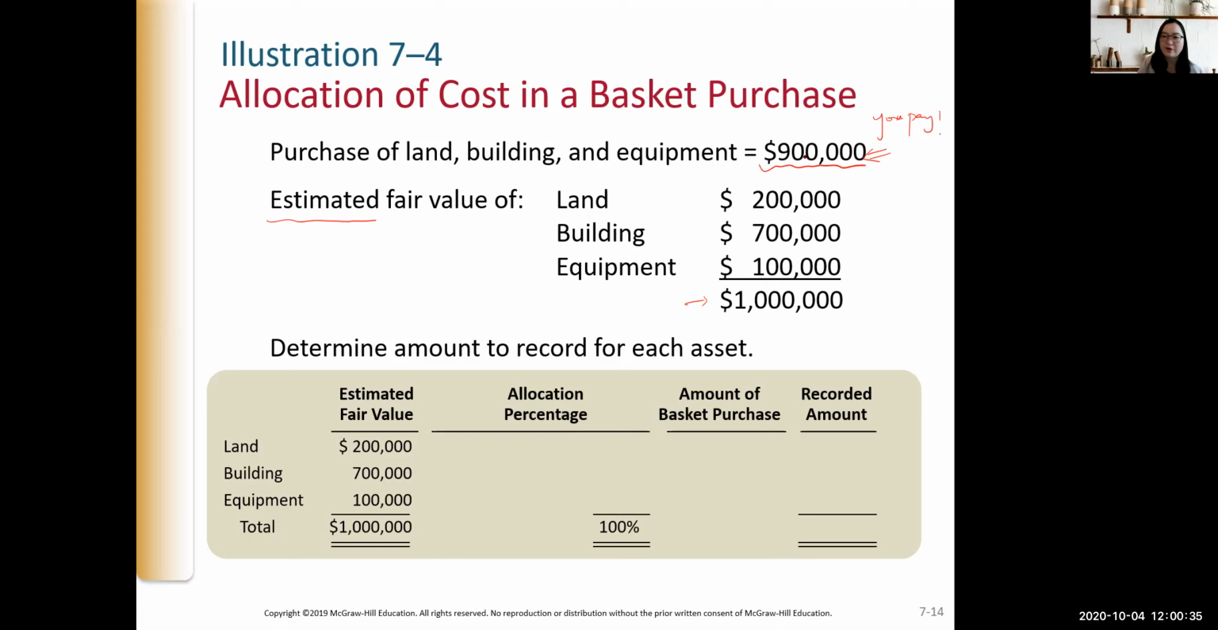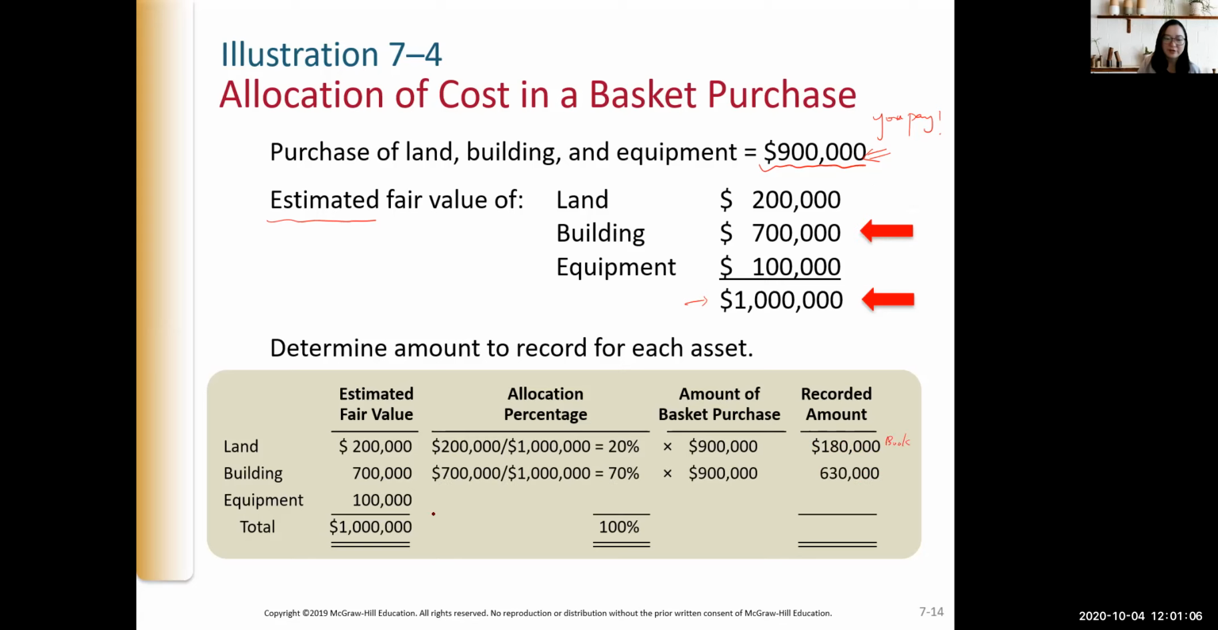And then how do you allocate 900 to land, to building, to equipment? You want to use a relative fair market value of land in terms of 1 million. So in other words, that allocation percentage of land should be 200,000 out of 1 million, okay? And then multiply that by the basket purchase price that you paid. Hence you need only record the land for 180,000 on the books,